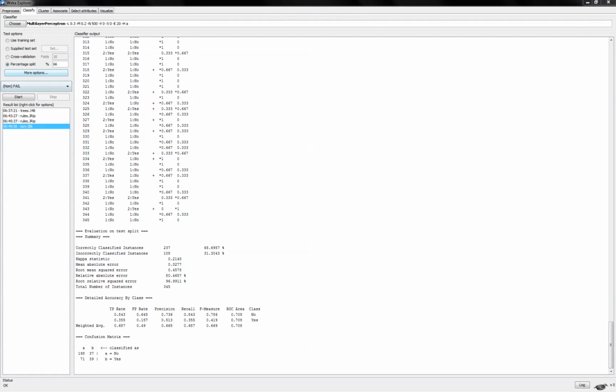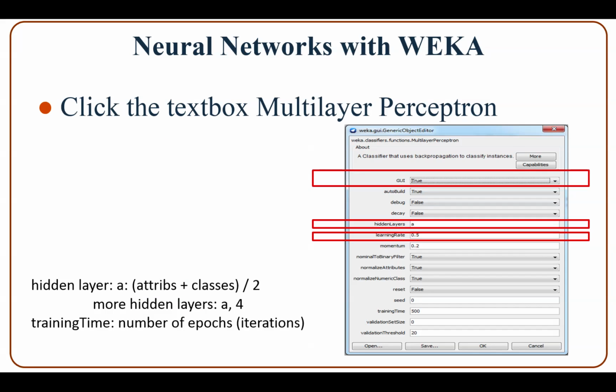If you want to specify options for the neural network model, then click the text box. That's the multilayer perceptron. If you want to see how the neural network looks, then change the option GUI, graphical user interface, to true,